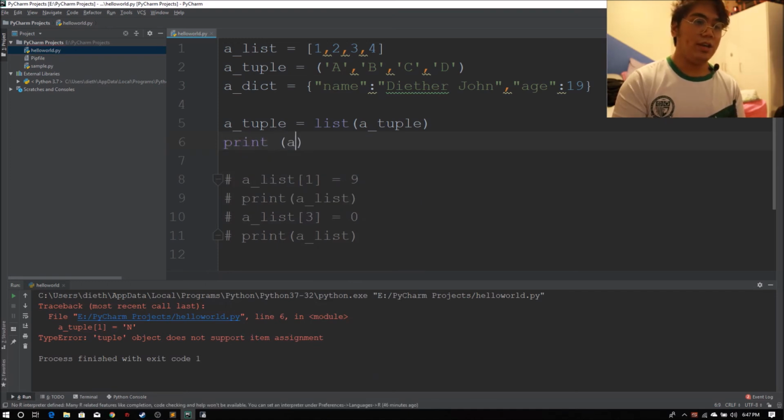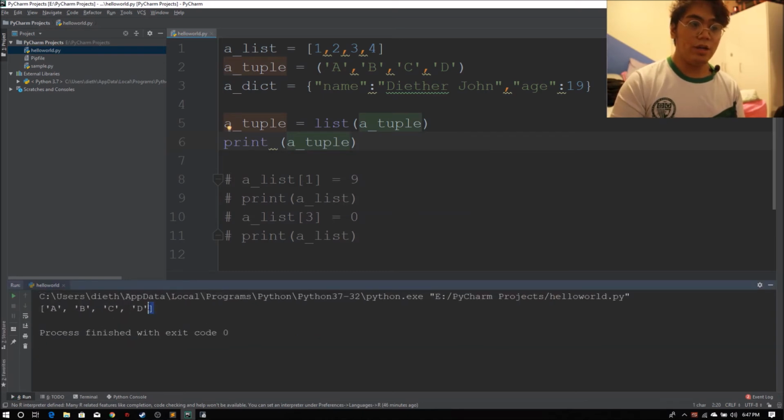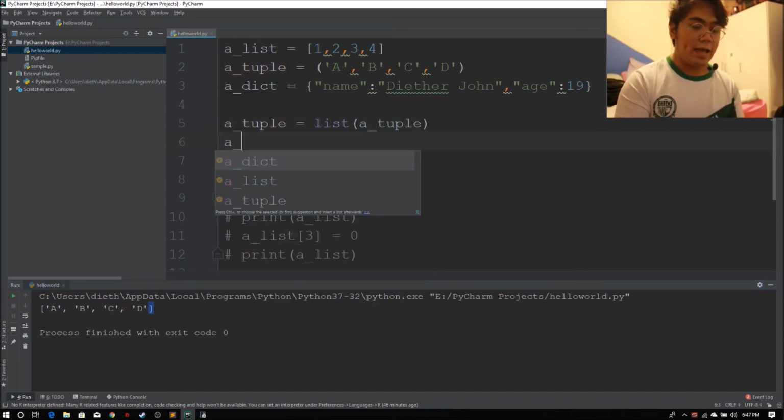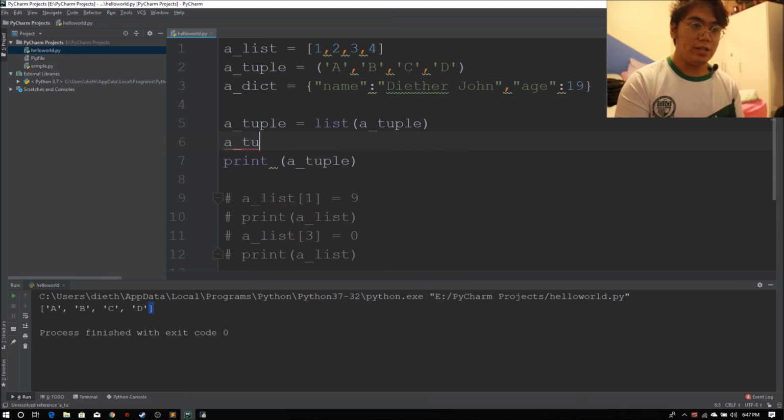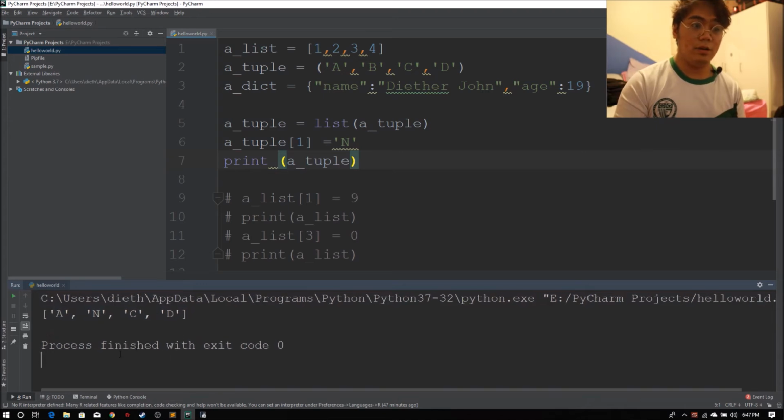Now to check it, I would like to print the tuple again. And as you can see right here, it uses the square brackets now, which basically means that this one is a list already. Now let's change the value inside our list named a tuple, set equal to n. Now if I print the a tuple, which is a list by now, it shows me the a, n, c,